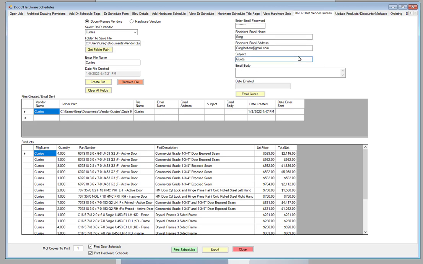All right, so now we want a subject. I'm just going to put quote. You can type anything you want. And then in the email body, keep this short, please quote. Of course, you can type anything you want. If you want to be a little more specific, if you have certain criteria you want to pass on to the vendor concerning the quote, go ahead and type it in here. Okay, so now I'm ready to email the quote. You can see it says date email. That'll be filled in once I click this button. So we'll say email quote,